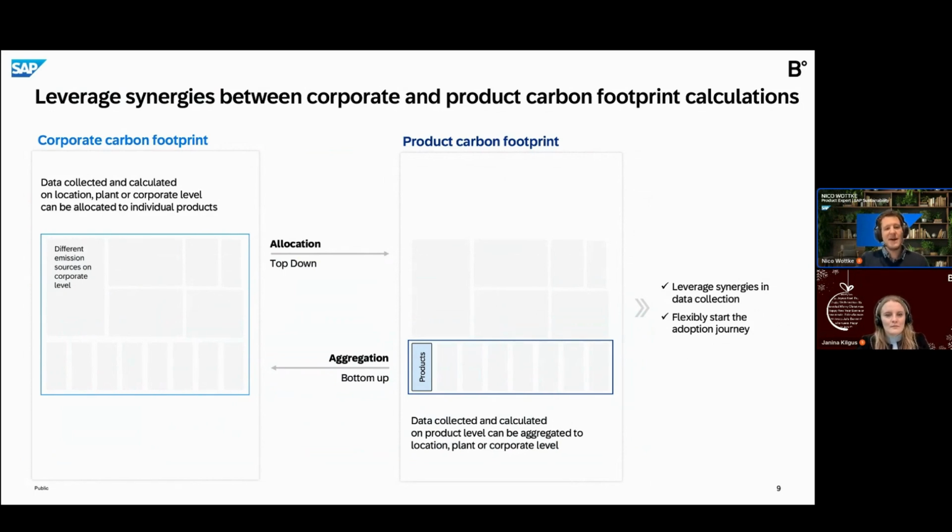And there may be data that you have on the corporate level, plant data, that provides allocation possibilities to allocate this data down to the individual products, for example via the production orders. You then know how many goods are produced in a specific plant and can allocate accordingly. But there's also data that you may have on a product level, and this you can then aggregate bottom up, so that it's also available in your corporate carbon footprint calculation, and can, for example, also be reused in regulatory reporting